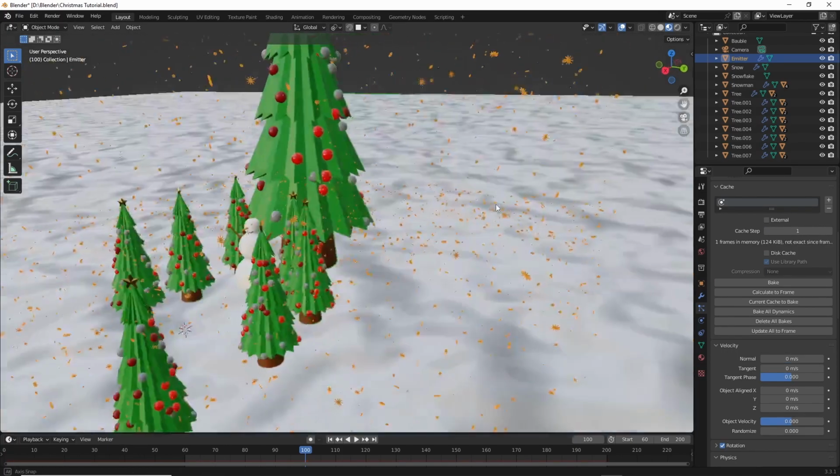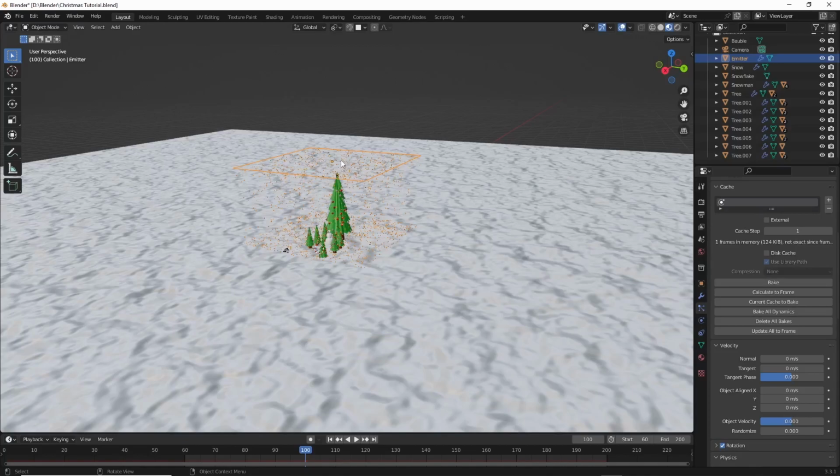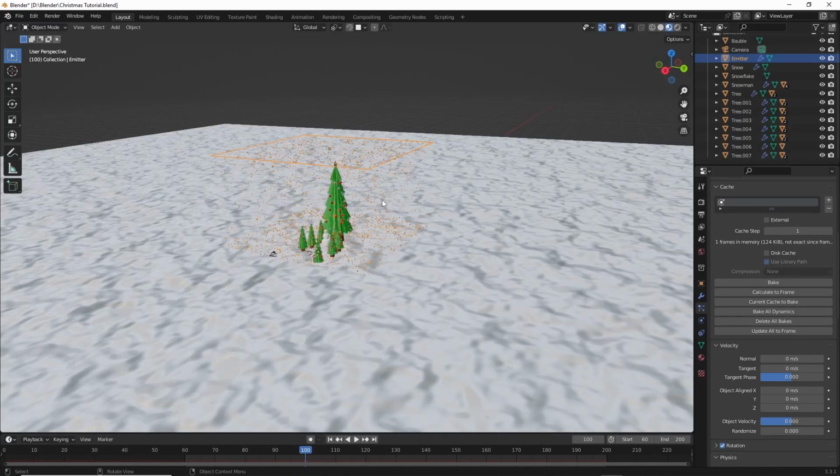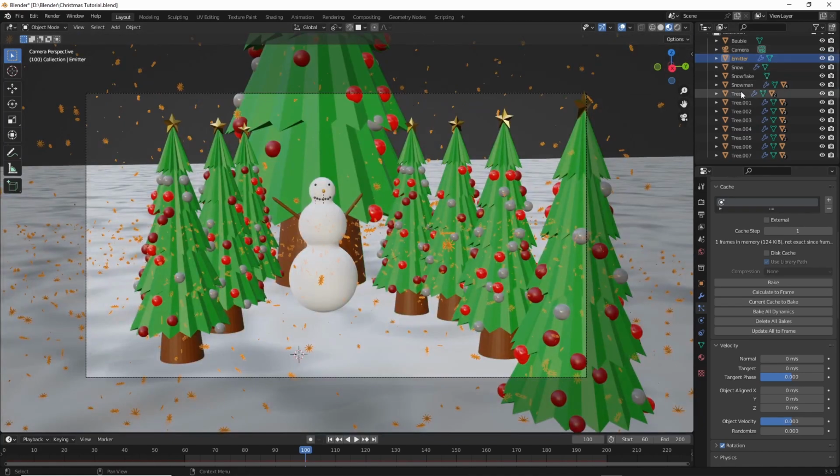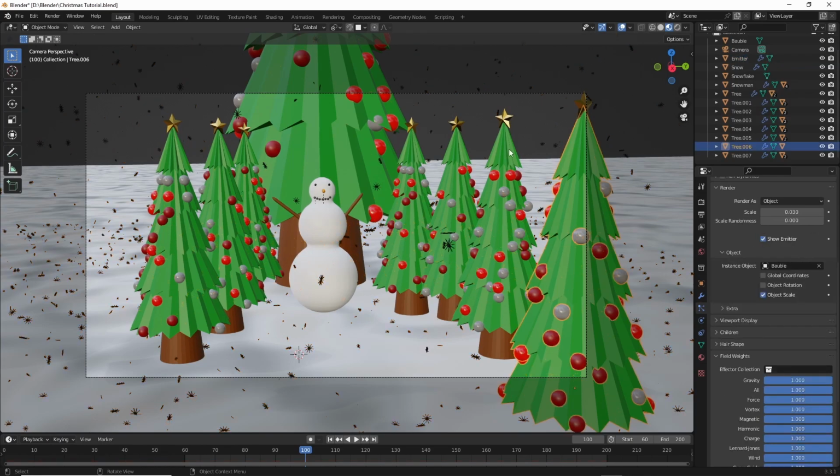And then we can delete this bake and we'll set the normal to 0 meters per second, because otherwise all the particles will go up here because the gravity is so low, rather than falling. Because that's the way that the normal of the face is pointing. So we'll set the normal to 0, and we should also set all of the colliders